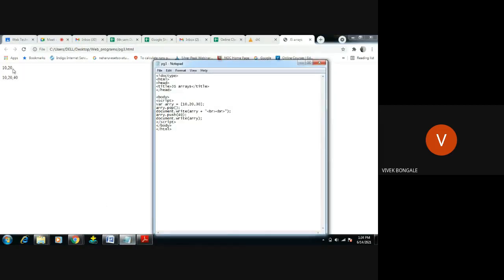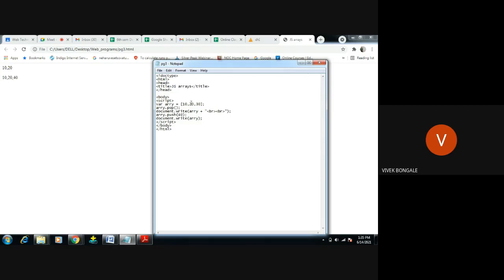You can see we have removed one value by using the pop function. We have pushed some value by using the push function. This is how we're going to modify the array by removing or adding values in the present array. This is how we're going to use the array function of JavaScript.